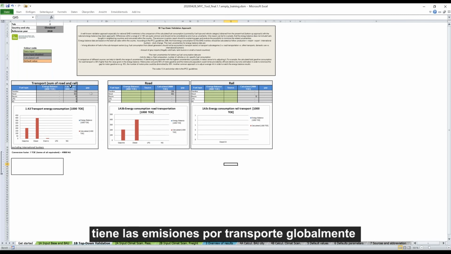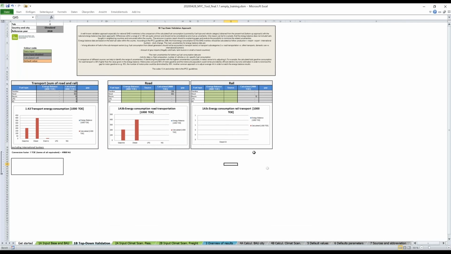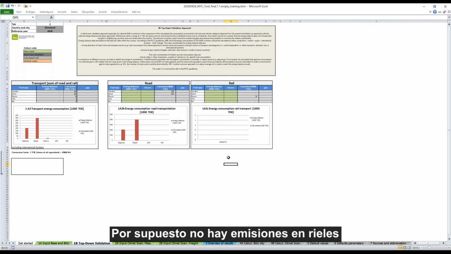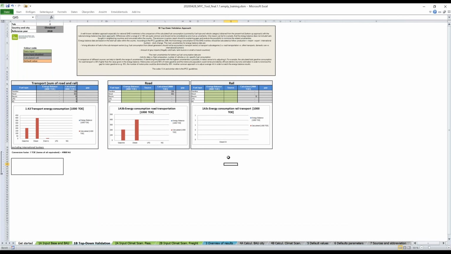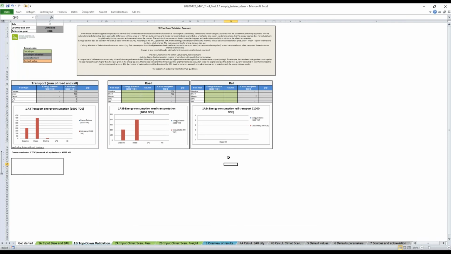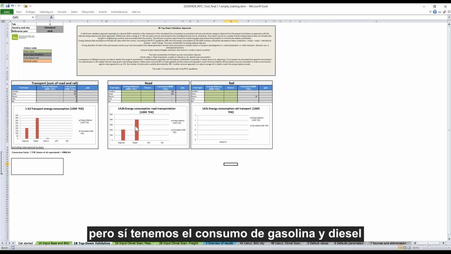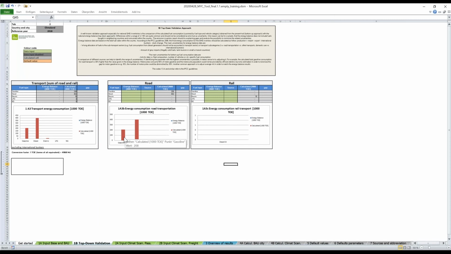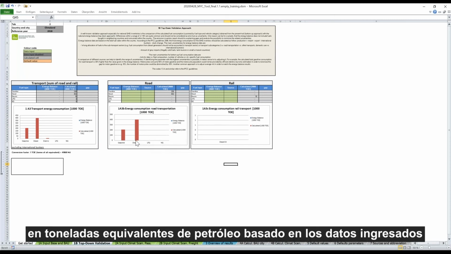You have the emissions for transport globally, so sum of road and rail. Of course, we have no emissions in rail because we are in electric mode. So we don't have any diesel or gasoline vehicle, but we have then the consumption of gasoline and diesel in ton oil equivalent